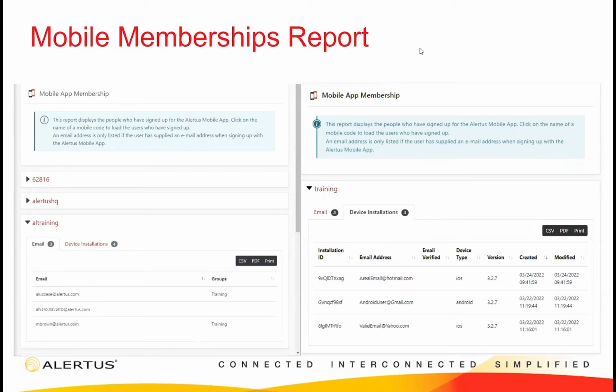So when you register for the Alertus mobile app, it will ask you for an email, and it will also let you associate that with any groups when you first sign into the app. You can see here are the groups that some people have joined. You'll also note that on the device installation tab, you can see which device has which specific email associated with it. So you can see, for instance, who has Android or iOS, when the account was created and when it